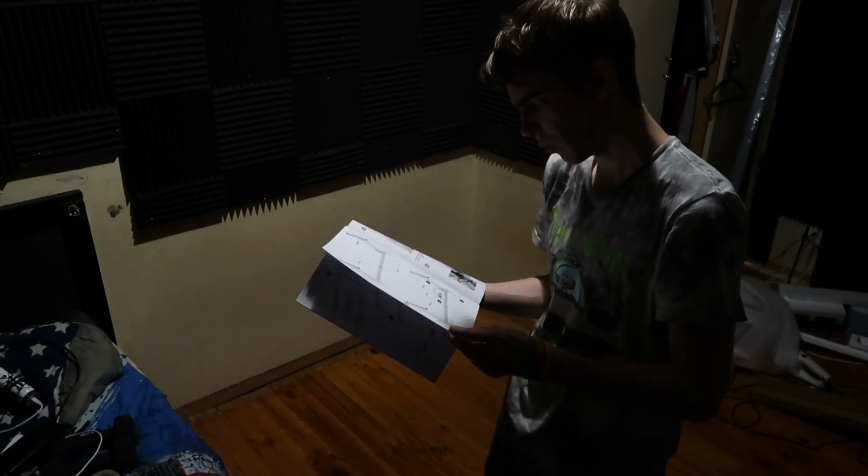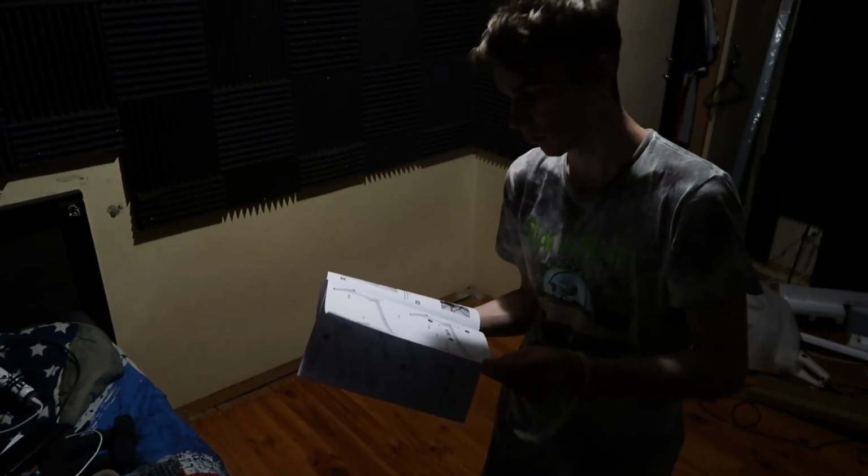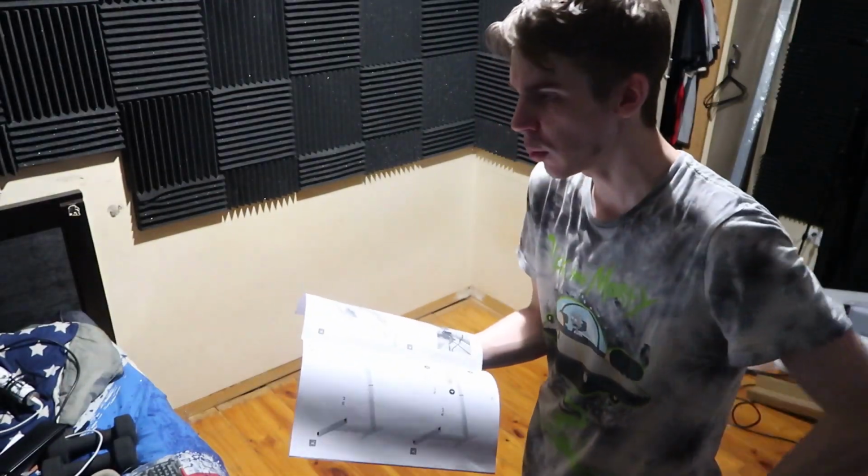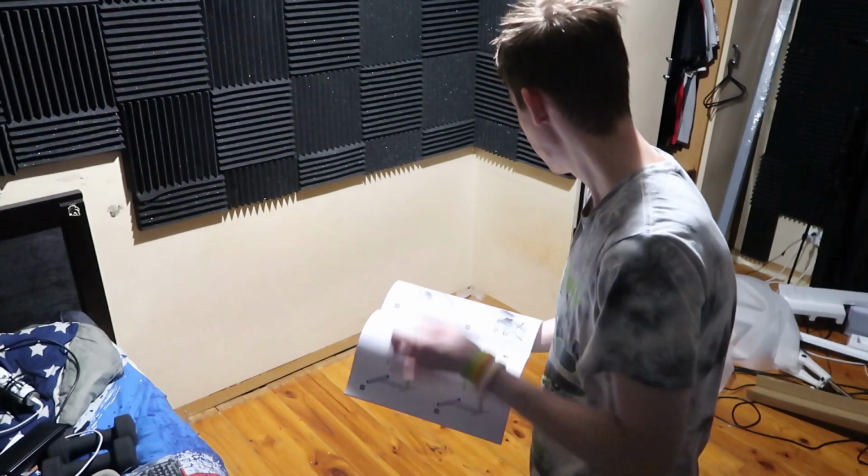Interesting. And it wants me to bolt it to the actual ground. Oh! It's upside down. I'm like, it wants me to bolt it to the ground? Oh man, that means I need to...